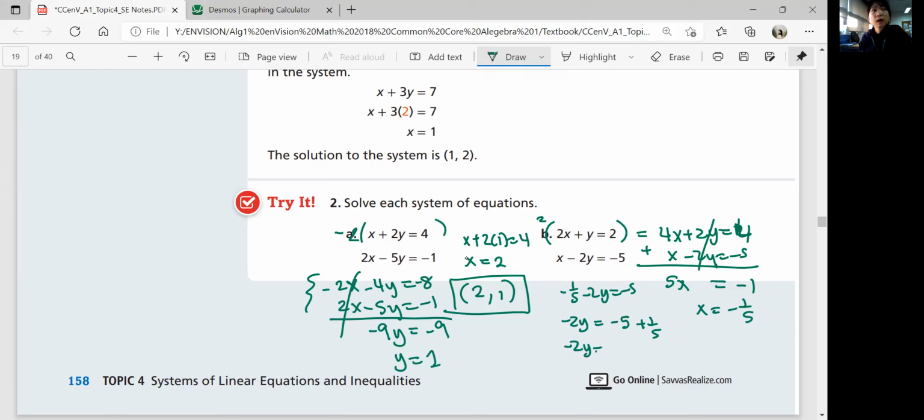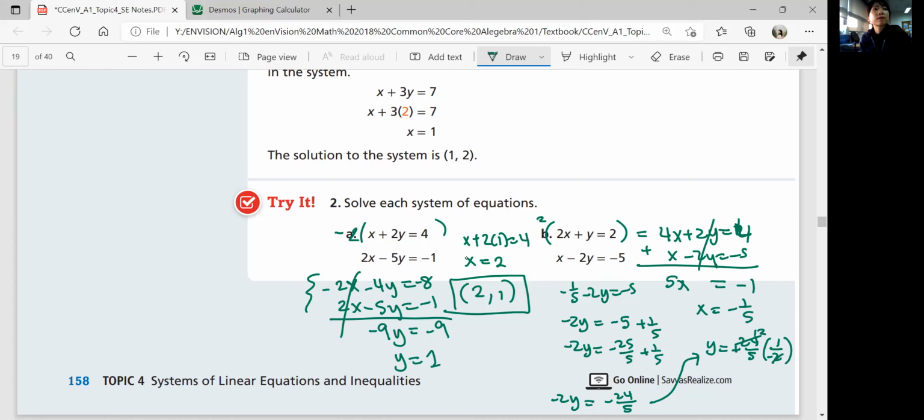Okay, -2y is equal to, so that's -25/5 plus 1/5. So that's really -2y is equal to -24/5. Okay, it's fine if it's not a whole number solution. It doesn't mean you're wrong. Okay, -24/5 divided by -2 is your y. And so you're going to divide 24 by